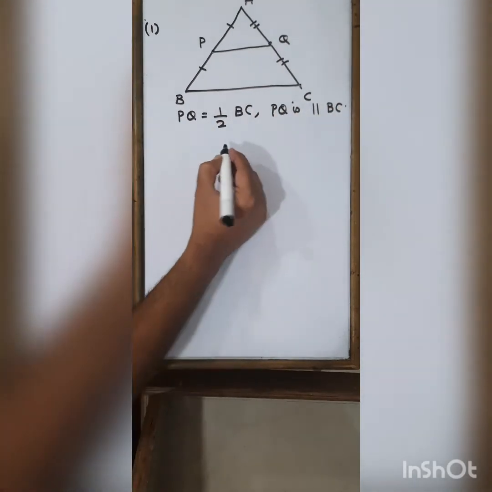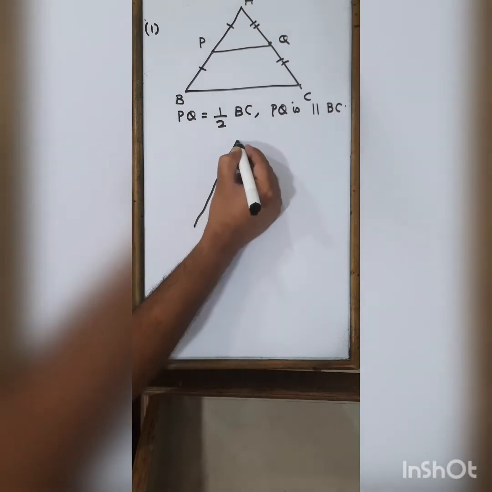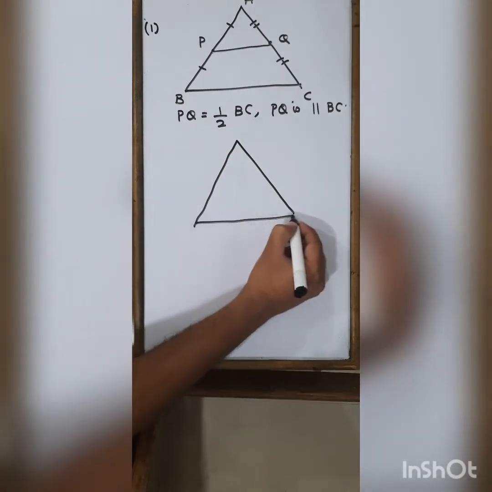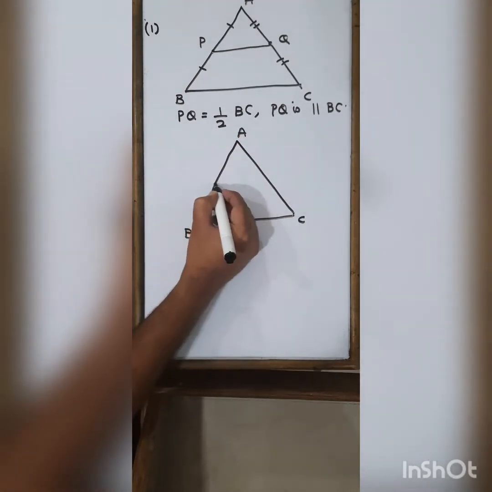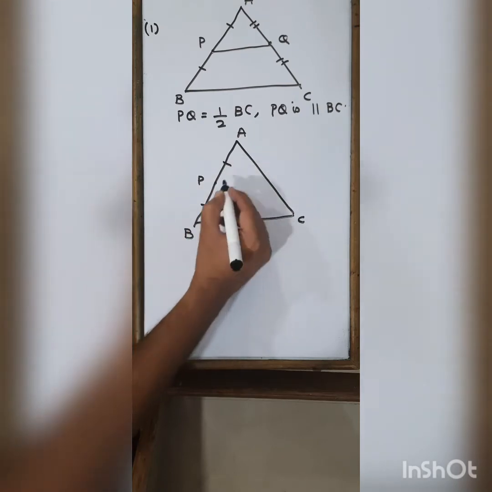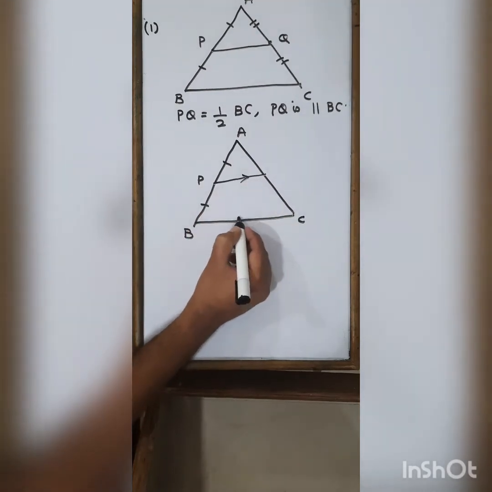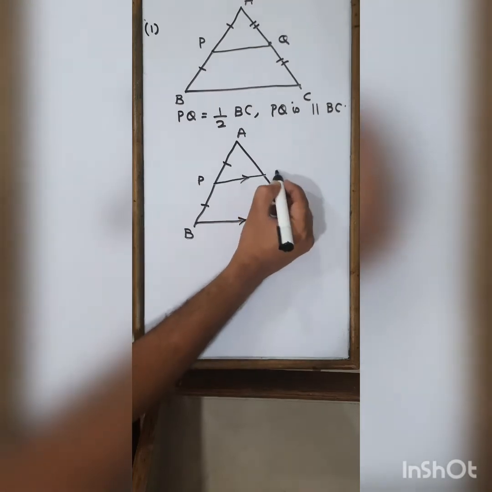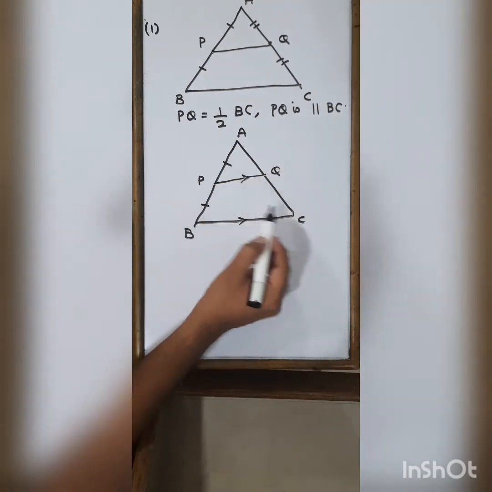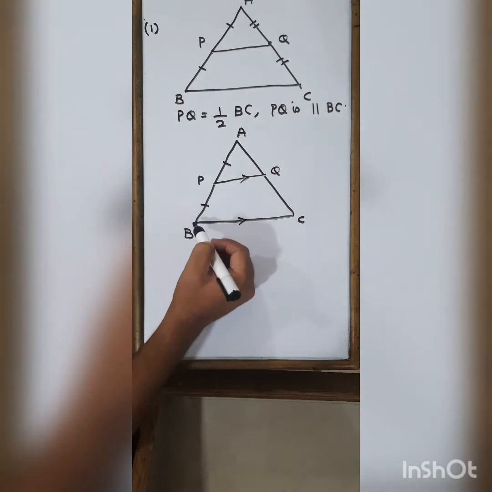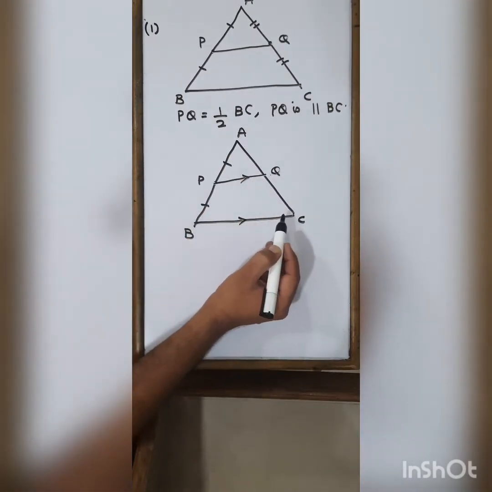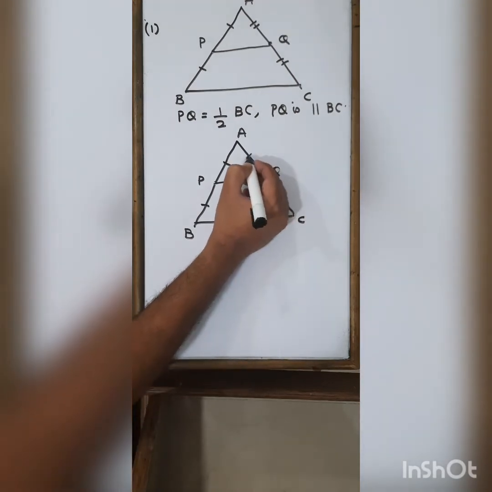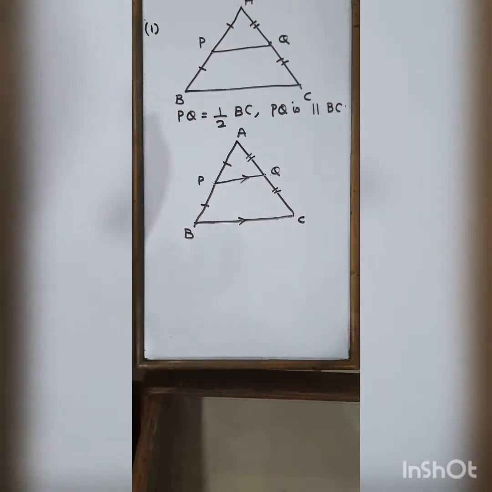This is midpoint theorem. And next is converse of midpoint theorem. What does converse of midpoint theorem say? That in triangle ABC, if P is the midpoint of AB and PQ is parallel to BC. Here it is not given that Q is the midpoint of AC. No, it is given PQ is parallel to BC. If P is the midpoint of AB and if PQ is parallel to BC, then Q will automatically become midpoint of AC. So these are the two properties. Based on these two properties, we are going to solve the sums.